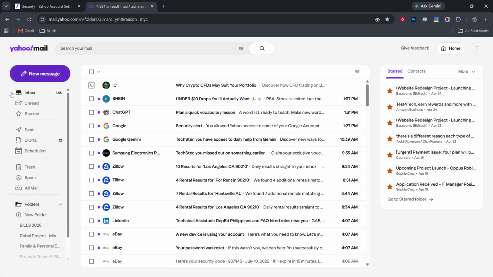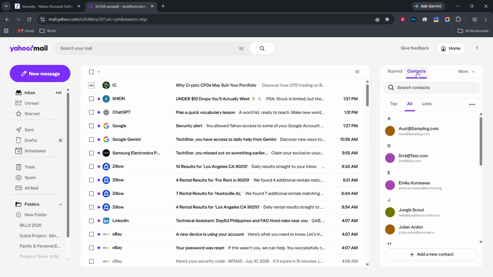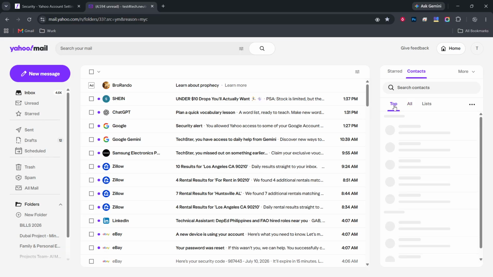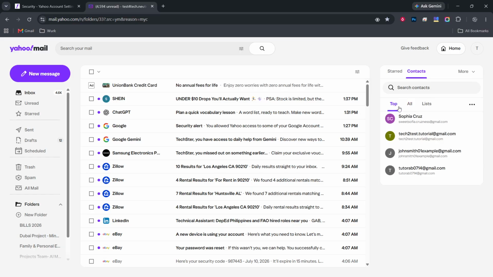Next, click the Contacts icon on the right side of the page. The icon typically resembles a small address book or silhouette of a person. This is an important feature as it allows you to access all your saved contacts quickly. When you click this icon, a sidebar will appear showcasing your contact list. Having easy access to your contacts is essential for efficient communication, especially if you frequently reach out to the same people. Once you click the icon, you will see the names of your contacts populate the screen.